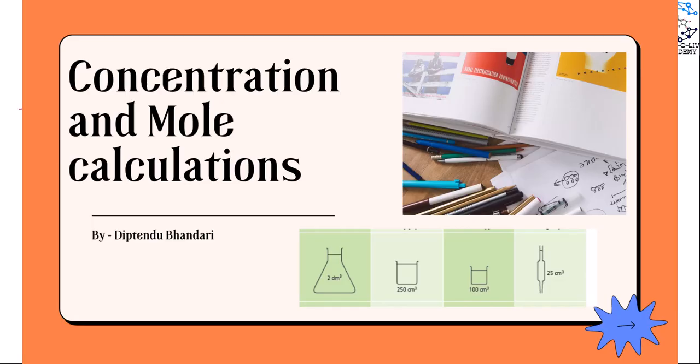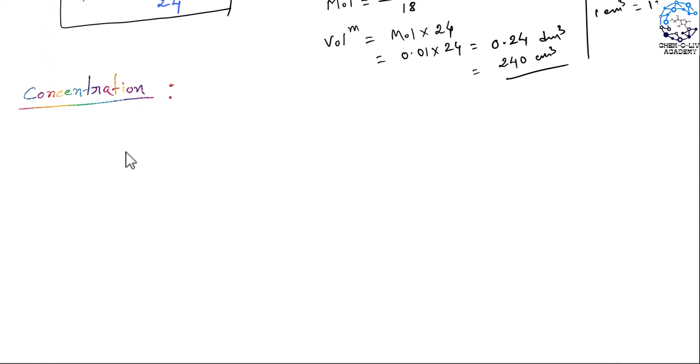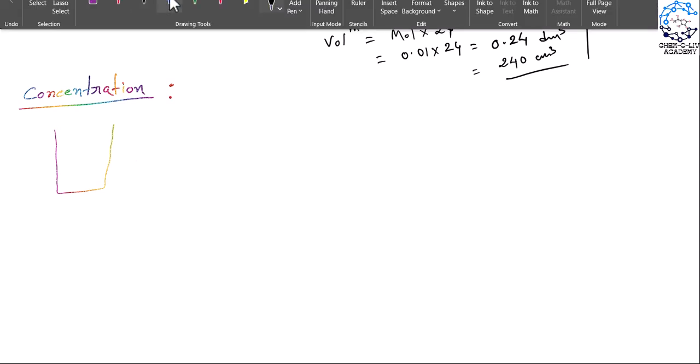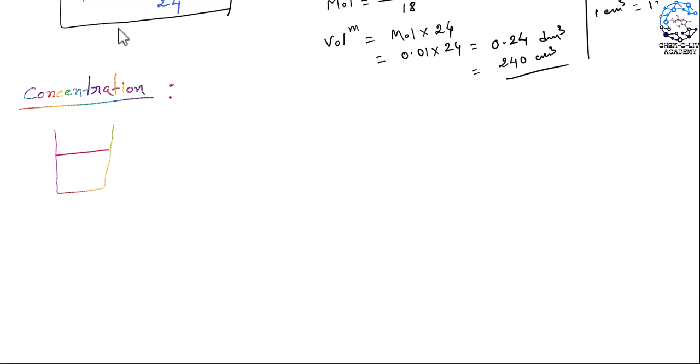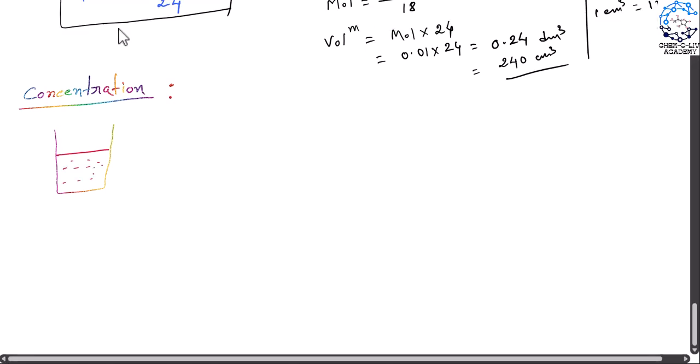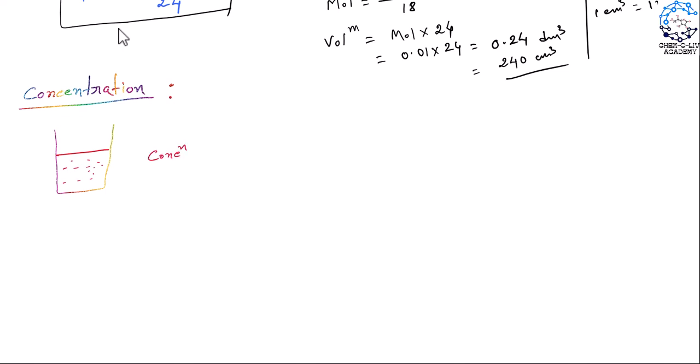So now we're going to see how to calculate the concentration of a solution, or from the concentration how to calculate the amount of the substance. So first you have to understand what is concentration. Let's say you have a glass of water, and in that you have dissolved some amount of salt in it. Okay, so now your concentration of that salt will be equal to